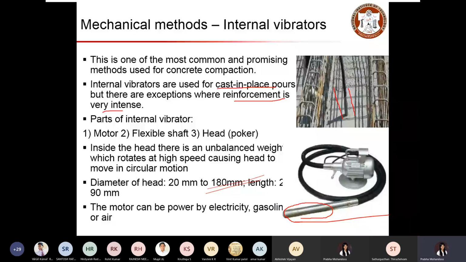Though these methods will help you to compact the concrete, the actual compaction level has to be judged by your experience, because all these are just tools that you use. How long you have to use them, how short, all these you should judge based on your observation. Here you can see the appearance of concrete in this region, which is not compacted. Here, this is the region which is compacted.